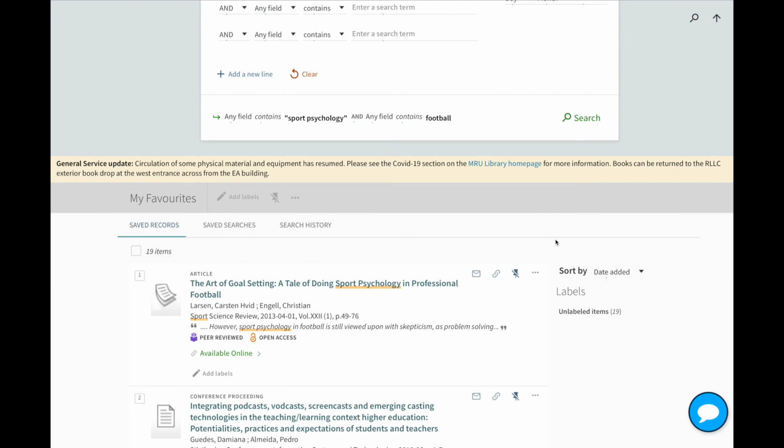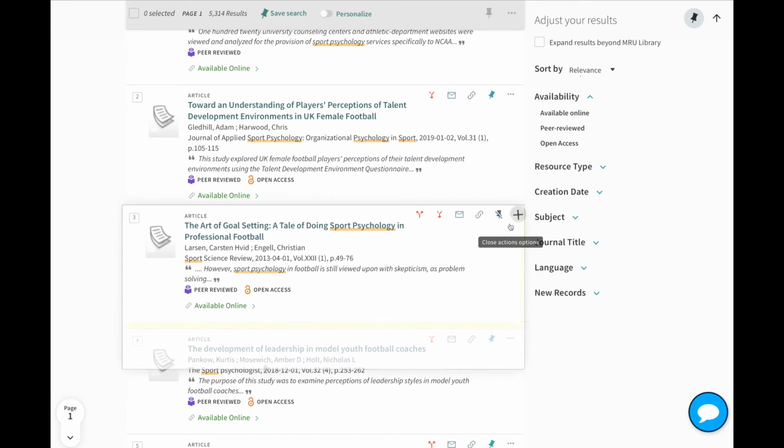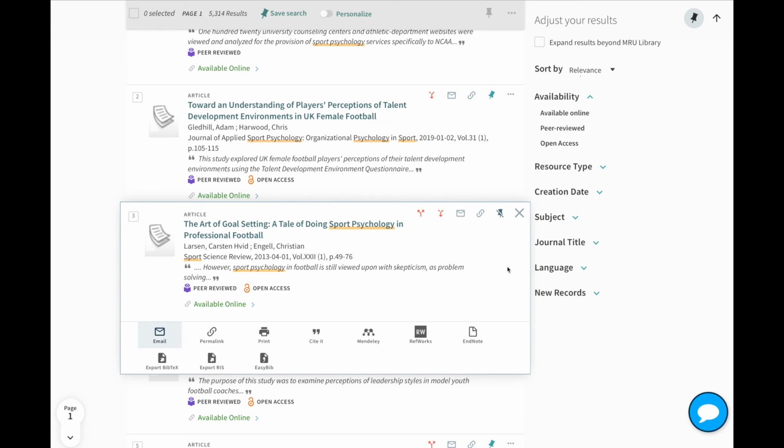Let's go back to our search. You can access more features of the library search interface by clicking on these 3 dots to unlock the actions. And here you get other icons, larger ones, for email, permalink, printing the source, citing the source, including the source in Mendeley, RefWorks, other citation managers. Most of these actions give you the ability to export the citation of the source into a citation manager if